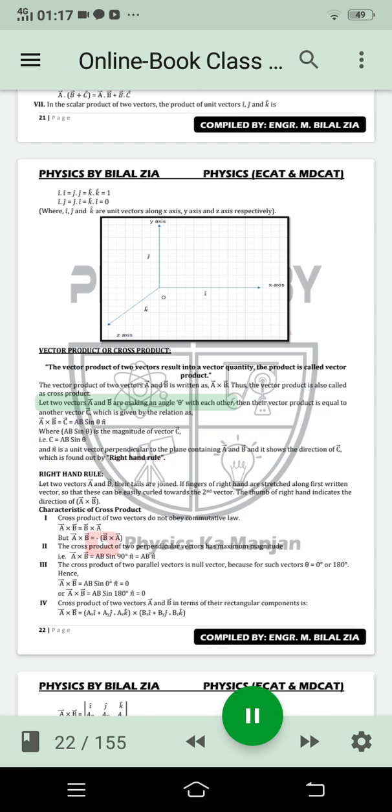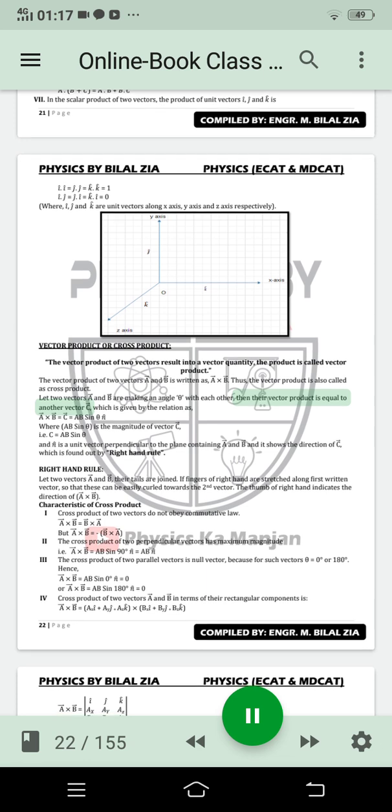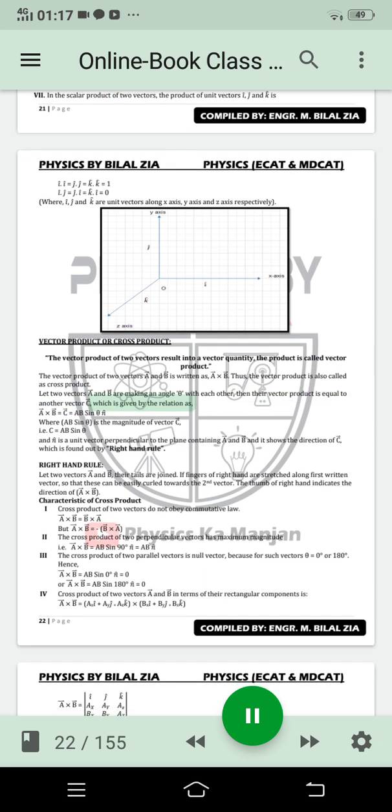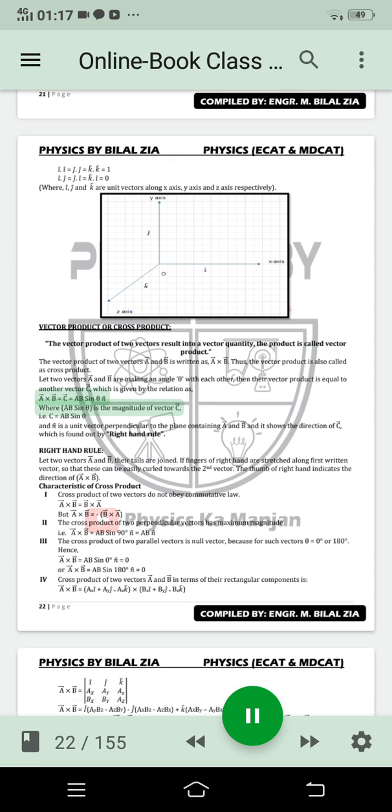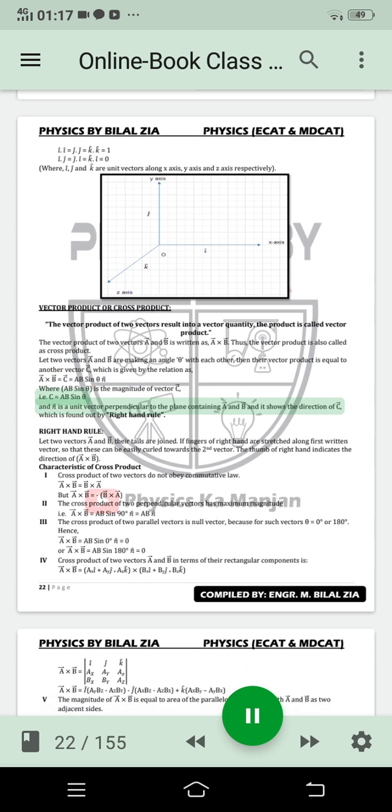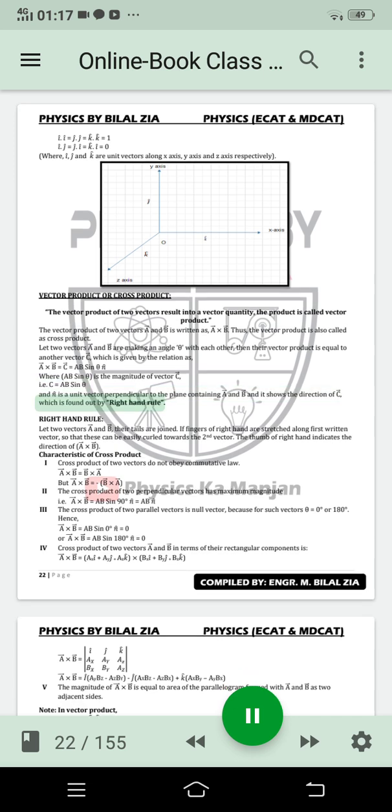Let two vectors A and B are making an angle theta with each other, then their vector product is equal to another vector C, which is given by the relation A times B equals C equals AB sin theta n, where AB sin theta is the magnitude of vector C, i.e. C equals AB sin theta, and n is a unit vector perpendicular to the plane containing A and B, and it shows the direction of C, which is found out by writing